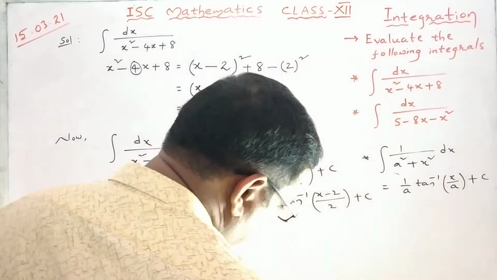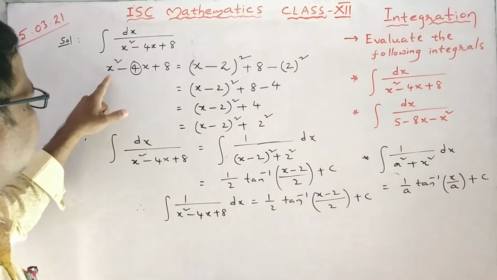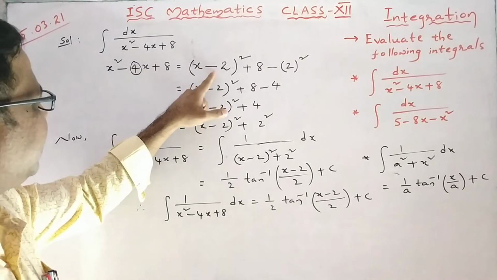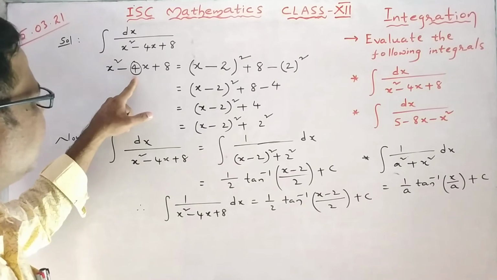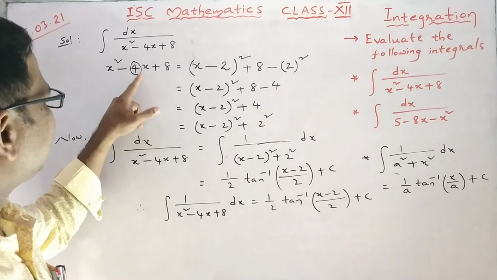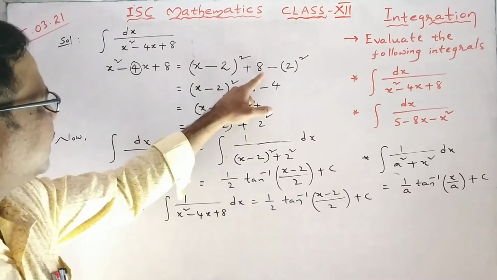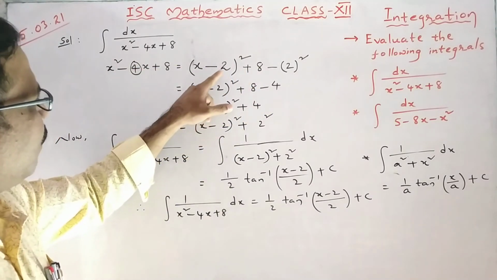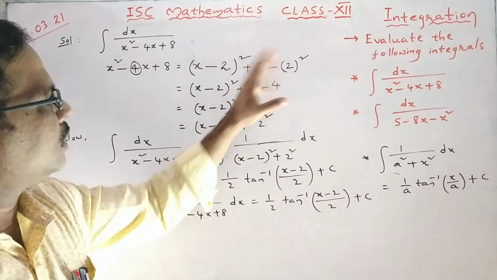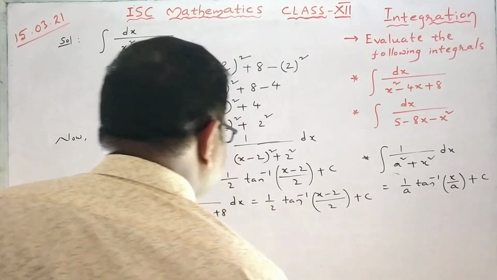That is the end of the solution. I'll explain once again. First write x here, whatever the variable is. Write the same symbol here. Take the coefficient of x and write half of it here. Since the coefficient of x is 4, write 2 whole square, plus 8 as it is. Whatever we have here, either plus 2 or minus 2, we have to subtract that number whole square. If you look at the next question, you can understand the procedure.